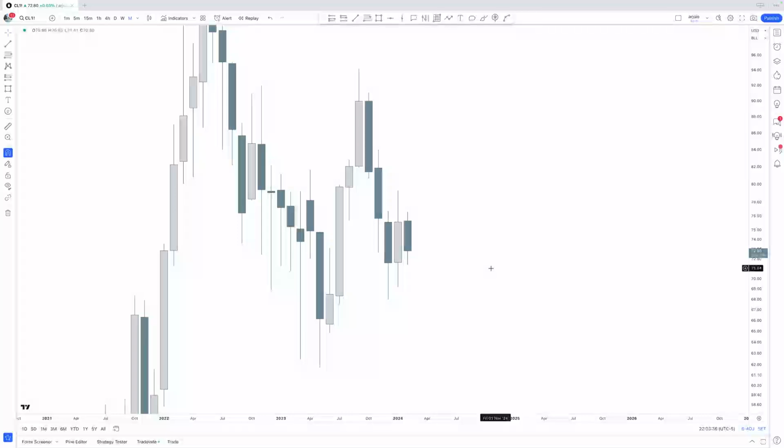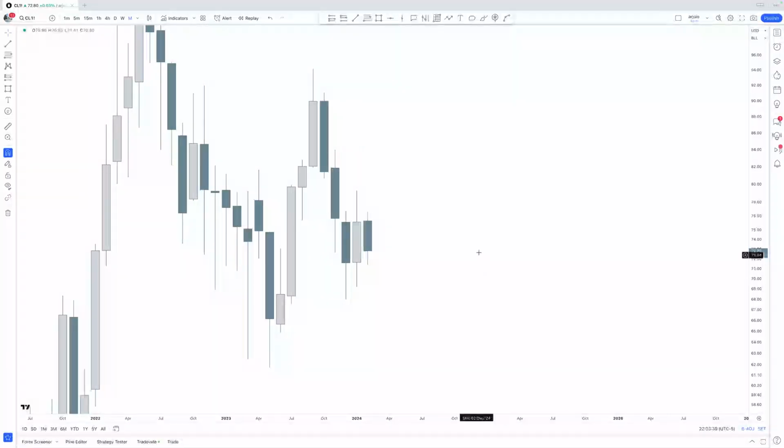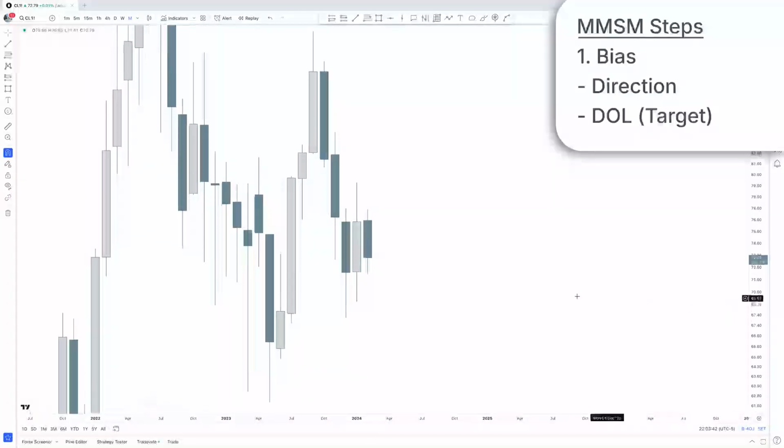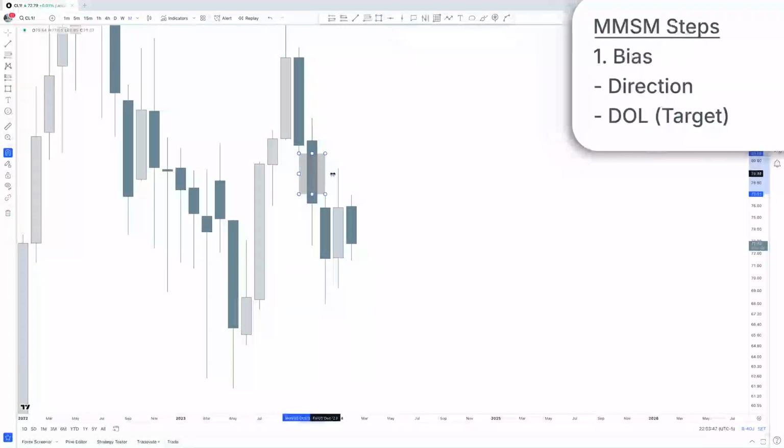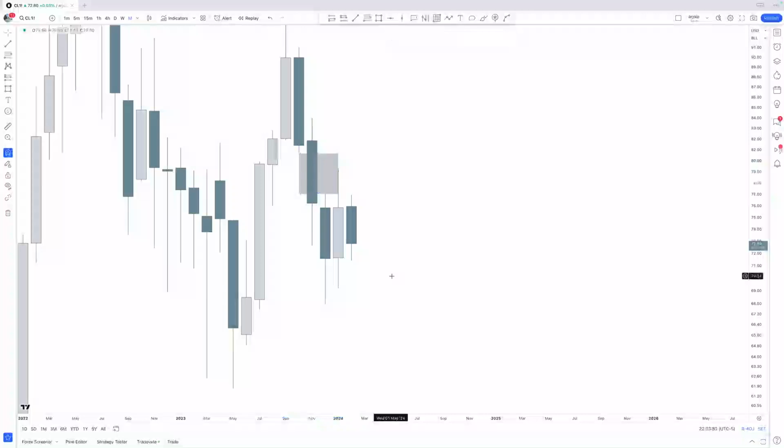So we make sure that you pick up everything. Right here, first step, bias. We have been continuing lower here on crude oil, and we have created a sharp turn, actually continuing lower right there. And this fair value gap is something we can trade into to then continue lower off of that,